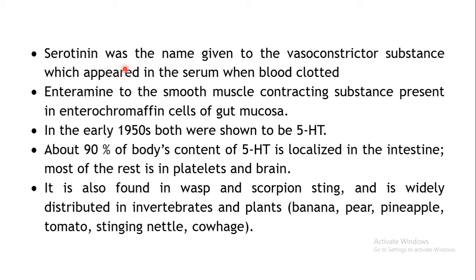So these were the two different names given depending upon where exactly those chemicals were located. But later on in the 1950s, it was found that both these substances were the same, and both, earlier named serotonin and enteramine, were later named 5-HT, that is